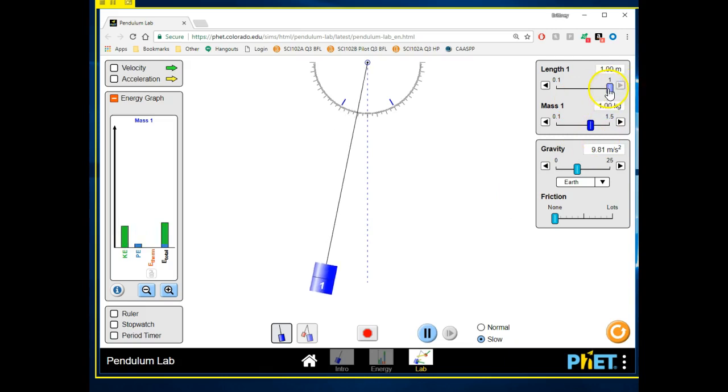Okay, now another thing that I want you to notice. I'm going to go back to my normal. I'm going to shorten this a little bit. Actually, I'll do it slow, but hopefully you'll be able to see this. As I change the mass here, as I'm changing the mass from smaller to bigger, do you guys see it getting smaller to bigger?